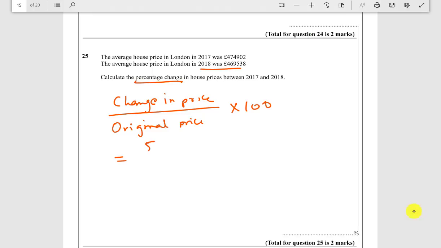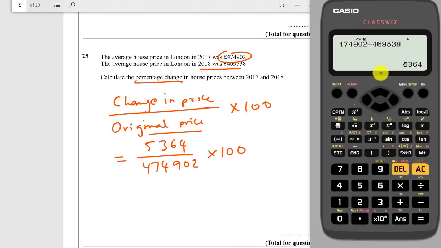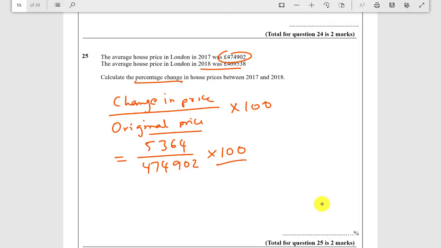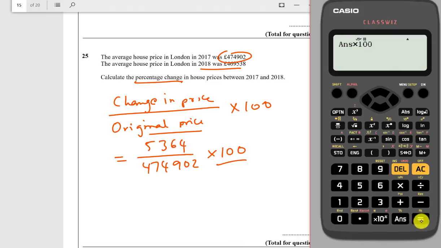So 5,364. The original price is the price that it was before, which is £474,902, and then times it by 100. Now we already got 5,364. Let's divide that by the original price, which was £474,902, and then multiply that by 100, and that gives you an answer of